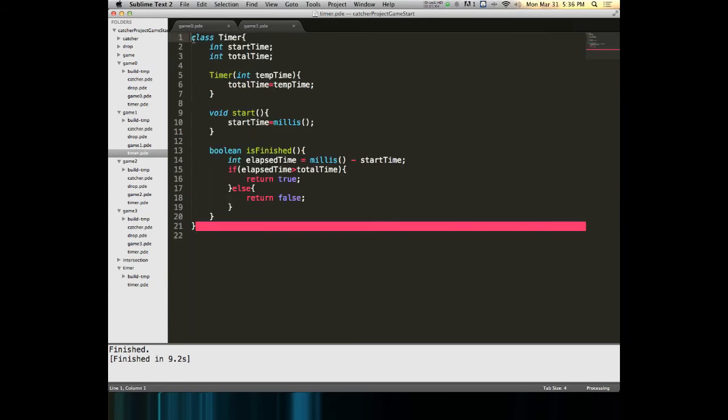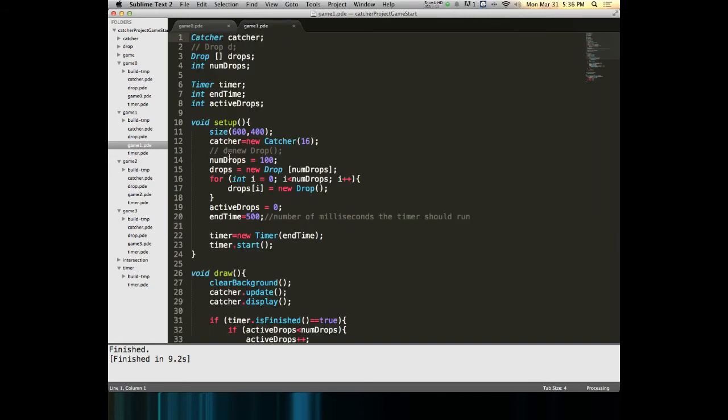Right here. So here it is unchanged. I'm inside Game 1, its Timer class. Now, if I go into my game, I will see that here I have a timer object, end time. So I'm using that timer object, and then I set end time equal to half a second. I want every 500 milliseconds, or half a second, because 1,000 milliseconds is a second. So every half a second,